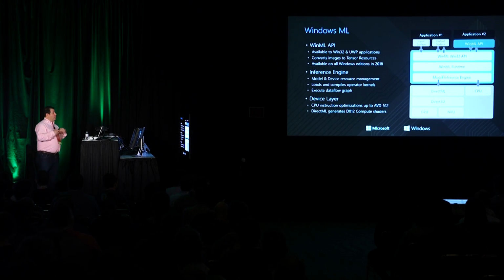Underneath that, when you actually have loaded the model into the system, there is a runtime that allows us to basically do the inferencing or decide how to use the model and get the outputs that we're looking for. That inference engine manages the model and manages the resources required to basically run that model. So a machine learning model is a lot of math, and there's a lot of allocation of memory and usage of resources. As you'll see, it's a quite hungry beast.